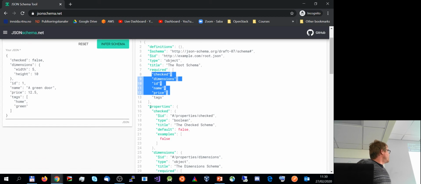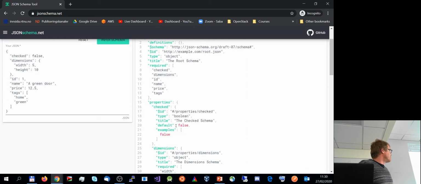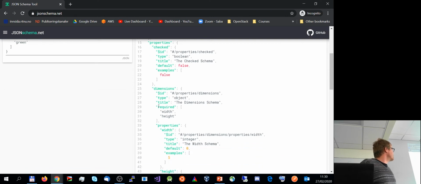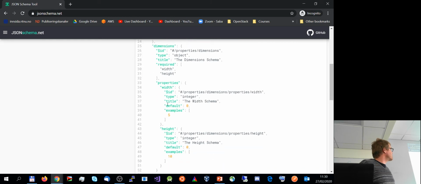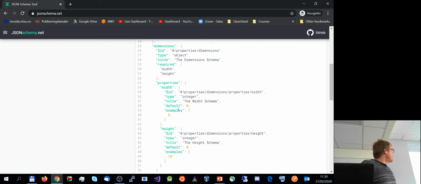What are the properties? Checked is evidently a Boolean, so that is to be inferred. The default value seems to be false, and the currently known valid examples are false. For example, dimensions can apparently consist of a width and a height, both of which are required. So it's a nested structure, and the width is specified here as an integer as far as the specification goes, and the height is here.